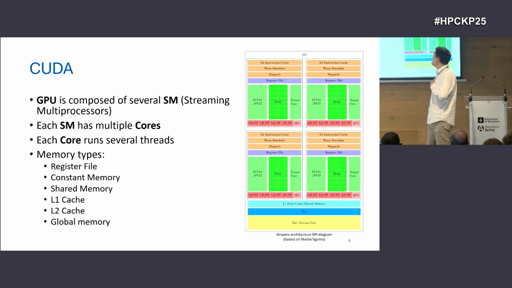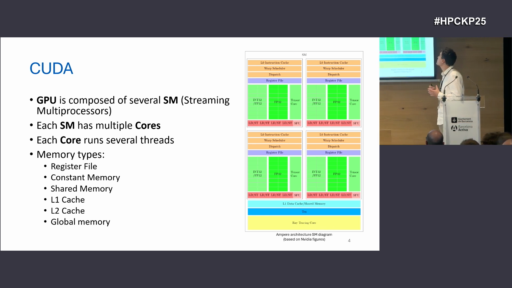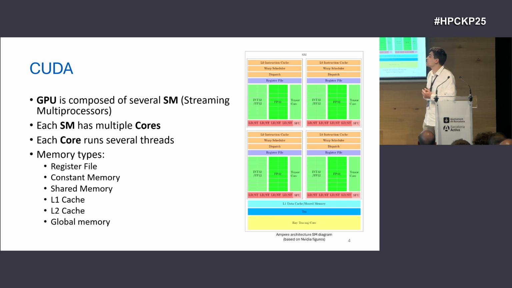So a CUDA GPU is composed of several streaming multiprocessors, or SM for short. Each SM is divided into several partitions, as we see here in this diagram on the right. This is actually a diagram based on the Ampere architecture. And well, we have multiple blocks, like instruction cache, a warp scheduler, dispatching, a register file, load store units, special function units, a tensor core, which is used to accelerate small matrix to matrix multiplications, and finally, general purpose cores, which are